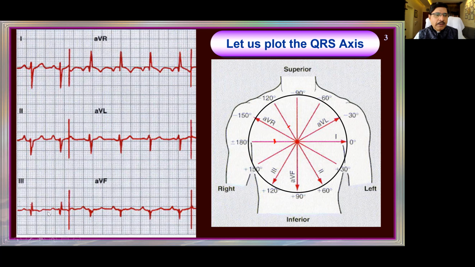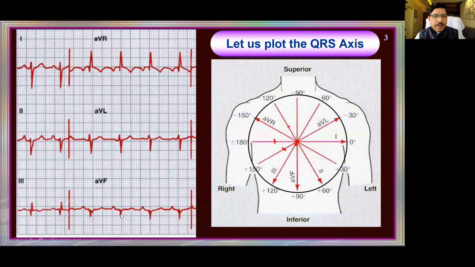So L3 is 5 up and then 4 down. That is plus 1. L3 is plus 1. Somewhere here, plus 1 comes somewhere there. And then AVL. AVL is 1, 2, 3, and this is 6, 7. 7 minus 3 is equal to 4. That is minus. AVL is minus 7. AVL positive is this side. Minus 7 is here.